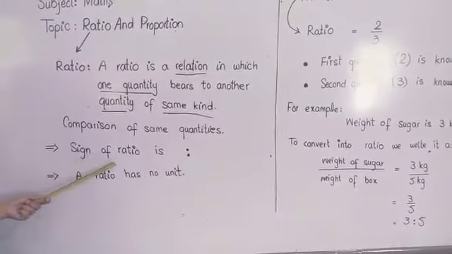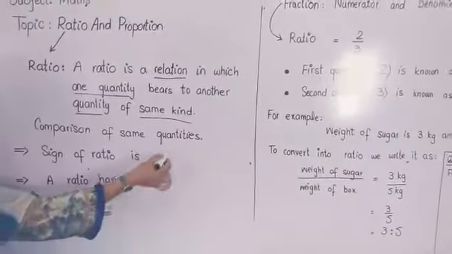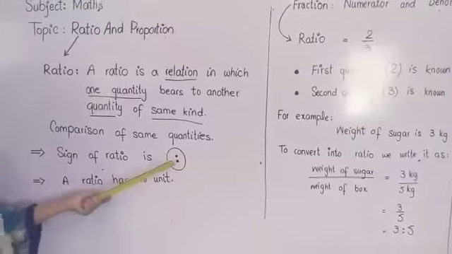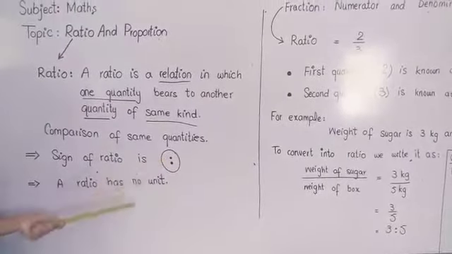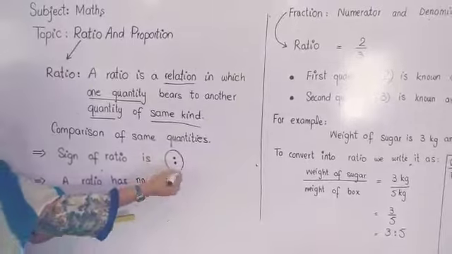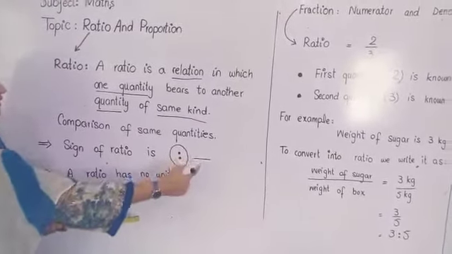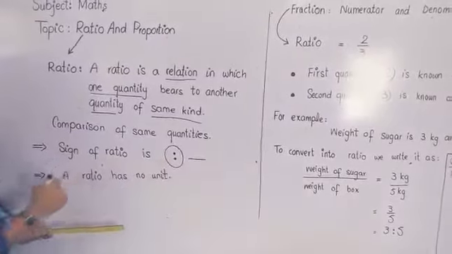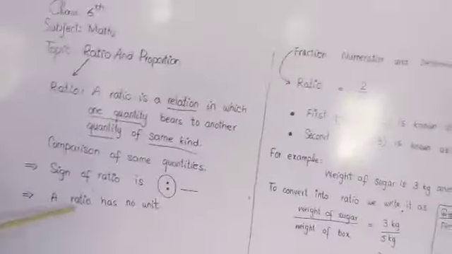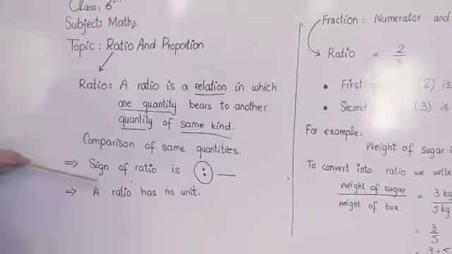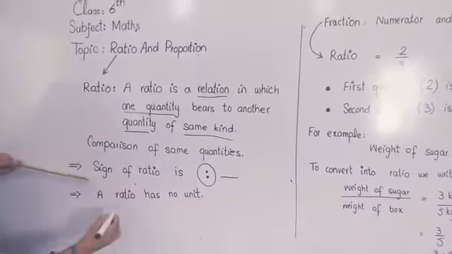The sign of ratio is this, which is used as two dots. These two dots can also be considered as fraction when we convert it into fraction. This is another form of fraction. Ratio has no unit. You have to remember this, that ratio has no unit. Means if I have written it like this,